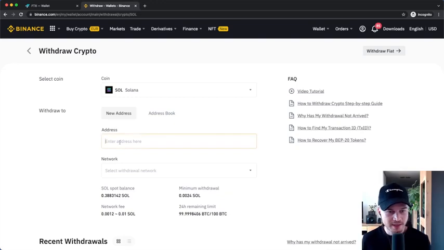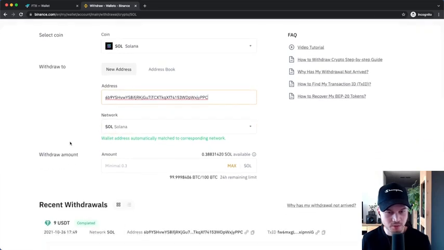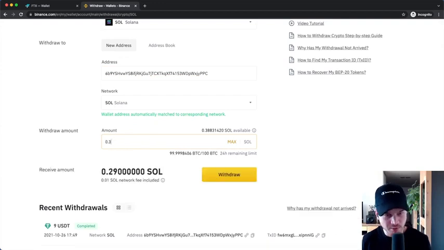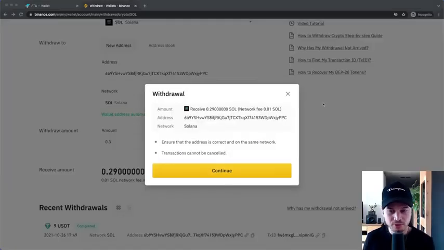Here I'm going to paste the address in this field, and it's automatically recognizing that it's the Solana network, which is great. And now let's just withdraw the minimum amount that I can withdraw here, which is 0.3 Solana. And then I simply click on withdraw right here. And then obviously I'm going to have to confirm the transaction here on Binance, but I'm going to skip it